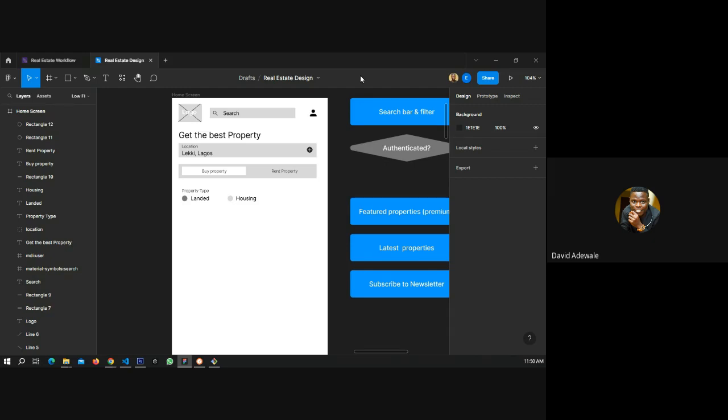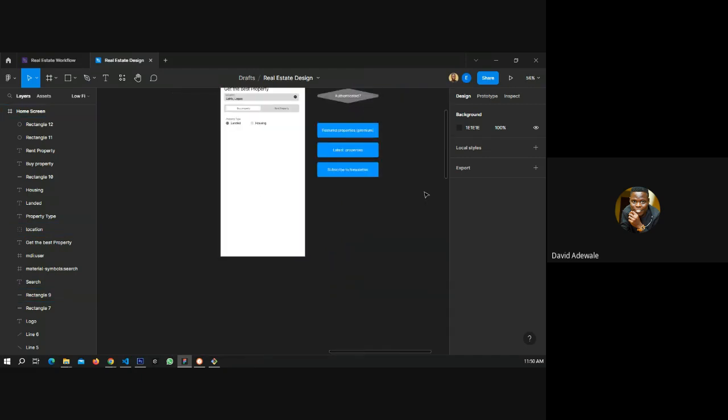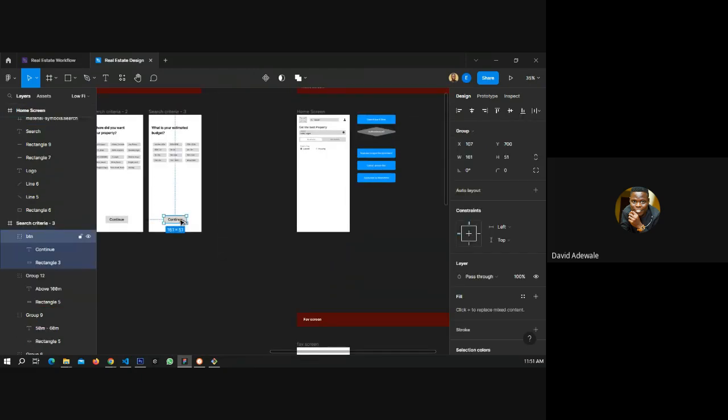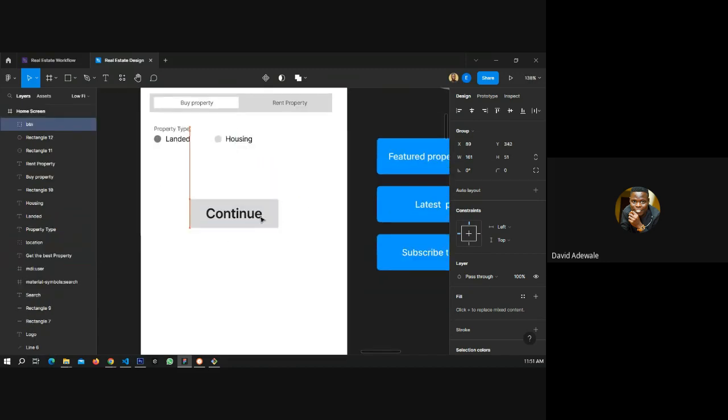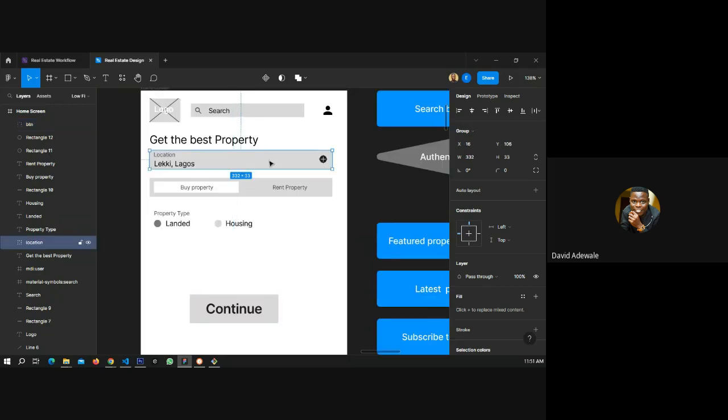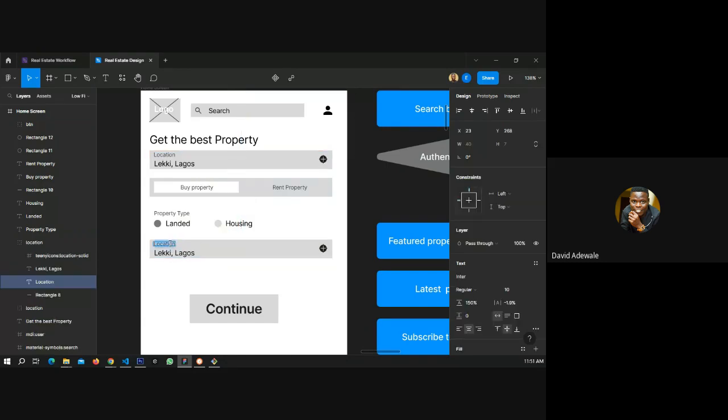Now we have just 10 minutes, and after the next 10 minutes I will call time up because I'm on a timer. All right, so we have landed property and housing property. If you select landed property, the only thing that's going to come up is the price, and then the search button. Let's just stick to that for now. The button, where is our button? I'm supposed to have it as a component, but for the sake of this class, I don't want to use anything like that for now. But let me see price, and we are going to stick to price.